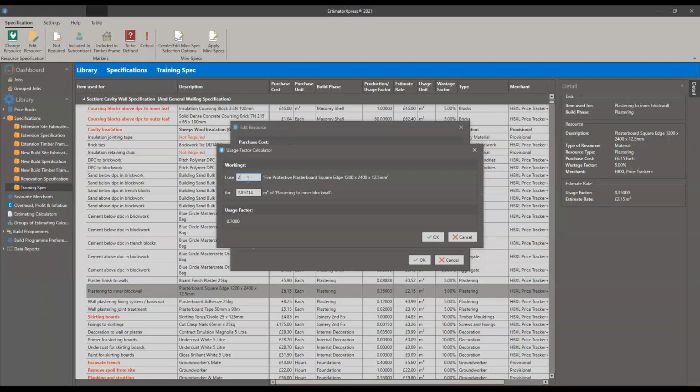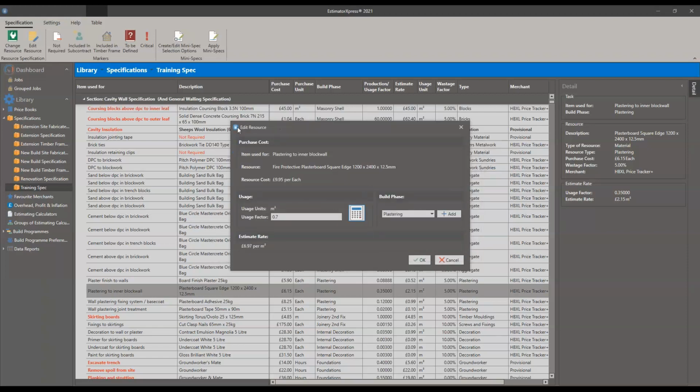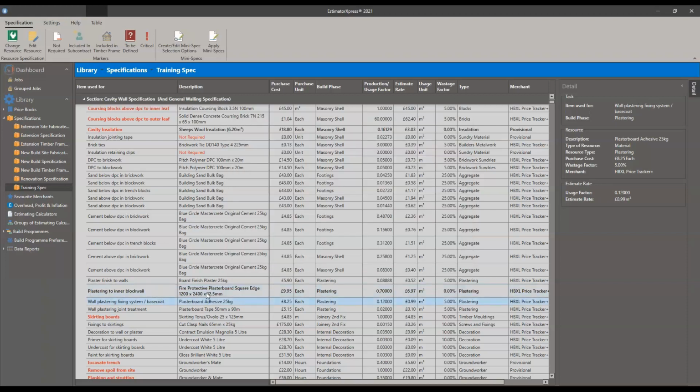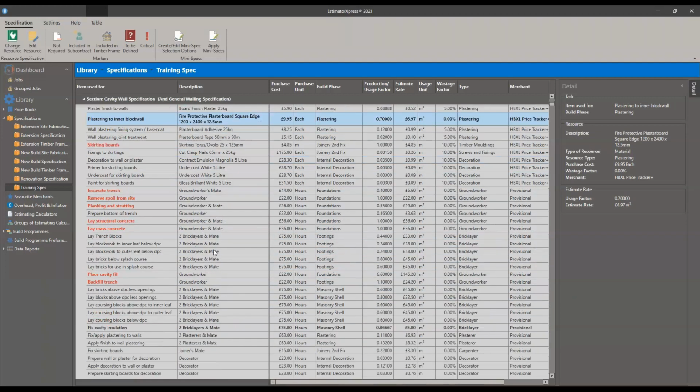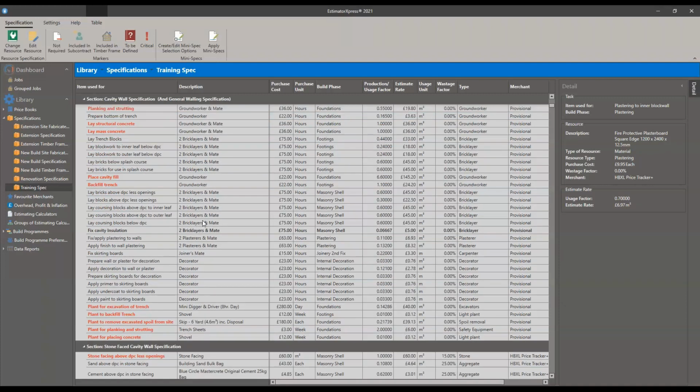So knowing that, whenever you see that edit resource button, be it in the resources wizard of a calculator, or looking at the spec, or looking at the resource directly within the calculator, you can use that to change a figure to match whatever you want. Okay. And to reiterate again, because I've changed the material, in this case I've just doubled its usage, I'm not going to go to the extent of changing the fixings,